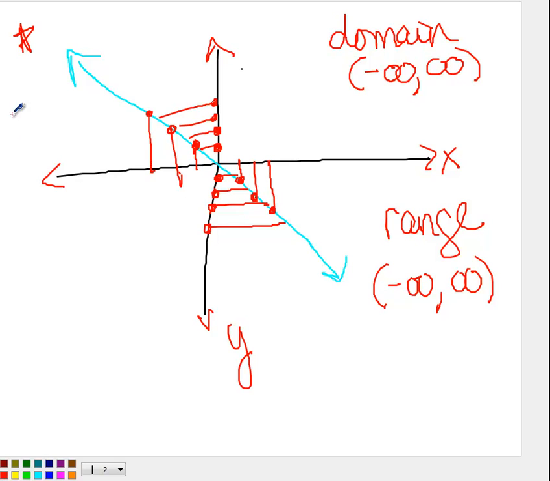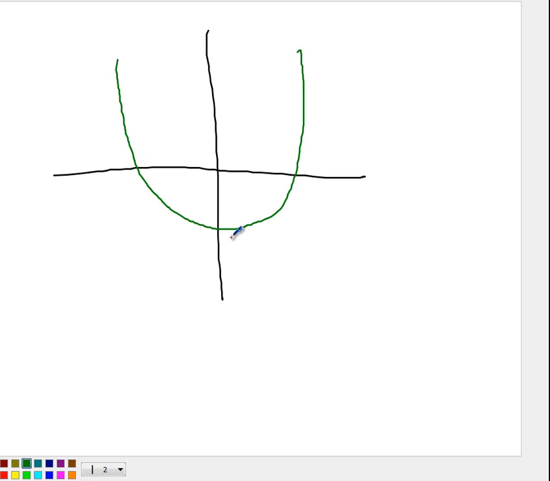All right, let's do another graph. Let's say you have a U shape. A U-shaped graph. Now this graph is a little different. And to figure out the domain,